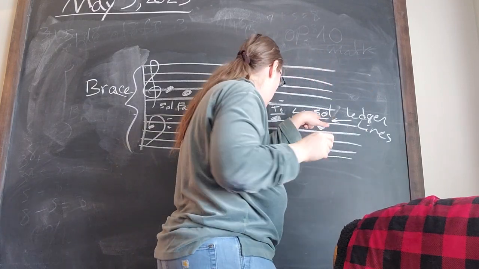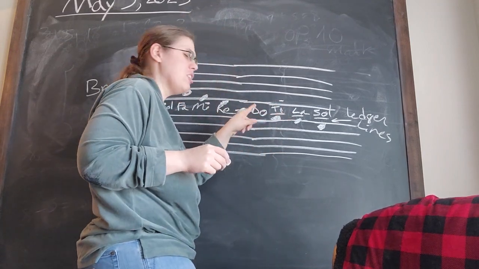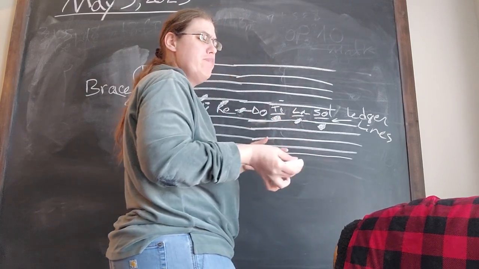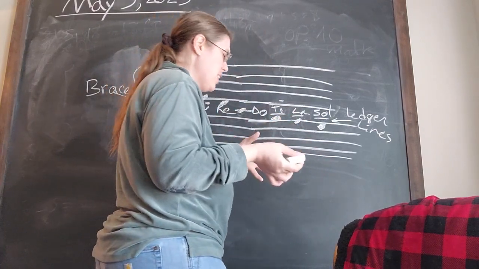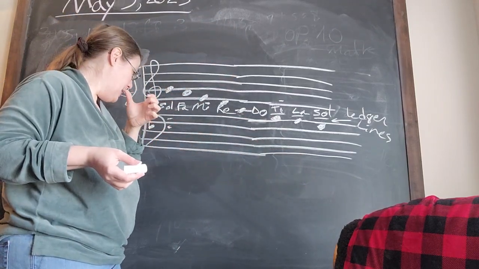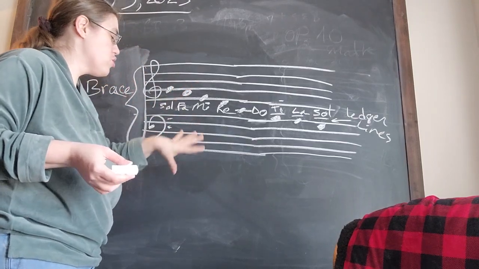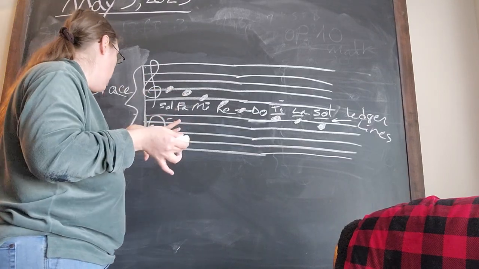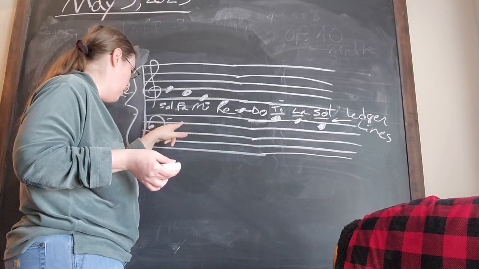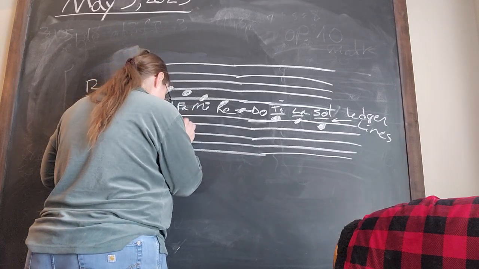So these little tiny lines that are used below and above the staff, these are called ledger lines. These ledger lines are nothing more than a small extension of, in this case, the bass staff. So all of these notes will intertwine with each other. So if we were to look at the notes above the bass, if we have fa here,